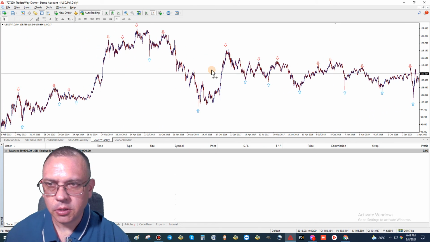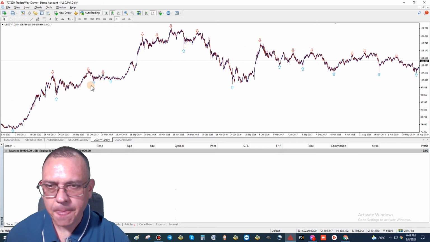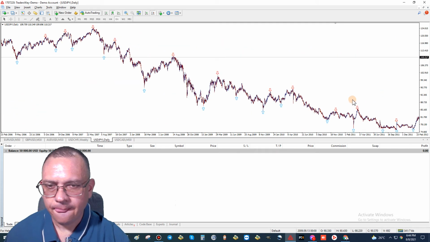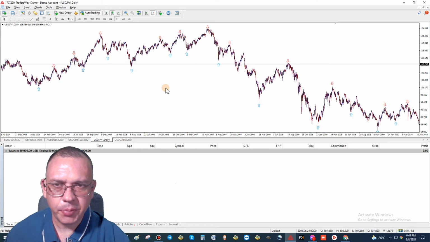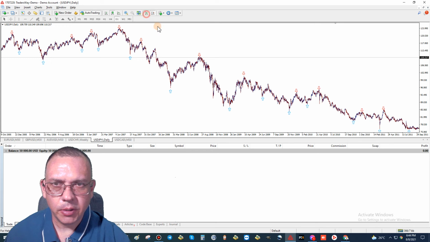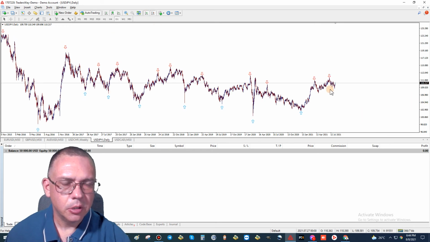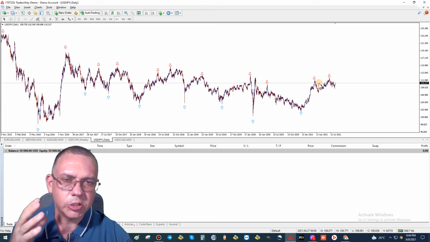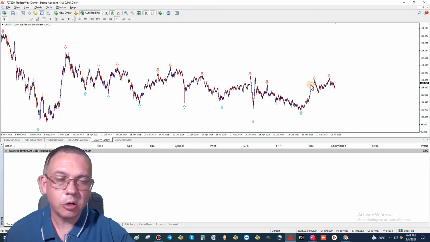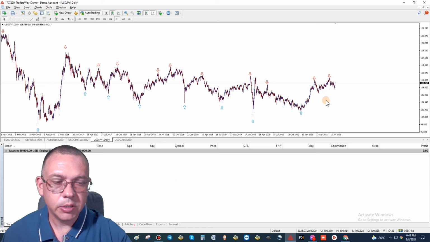Just trying to look in the past here. Wow, here we had 3 red arrows followed by a blue arrow. History has a way of repeating itself, but anyways, I don't want to confuse you too much, but we got two red arrows in a row. Okay, so there's a strong probability that yes, we're going to see a blue arrow,